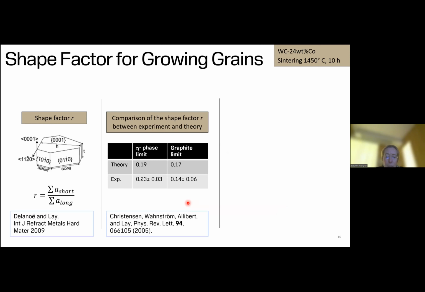To understand this, together with a group in Gothenburg, we did ab initio calculations and looked at the ratio between the basal and prismatic planes, as you can see here. We then compared theoretical values to experimental values measured by TEM, and of course this is TEM statistics. And here you can see that we got a fairly good agreement. So it seems that at the graphite limit we actually favor the basal plane